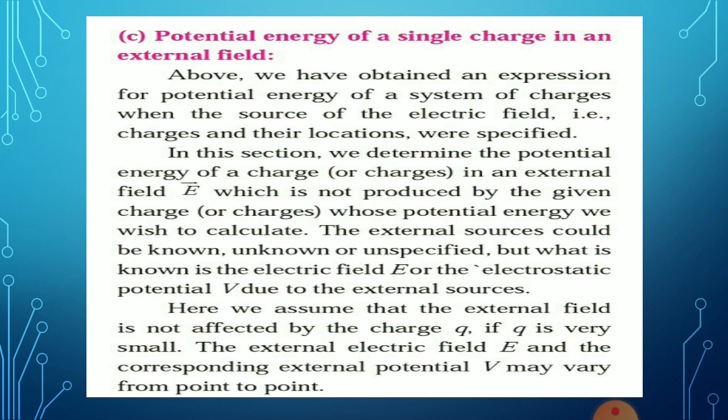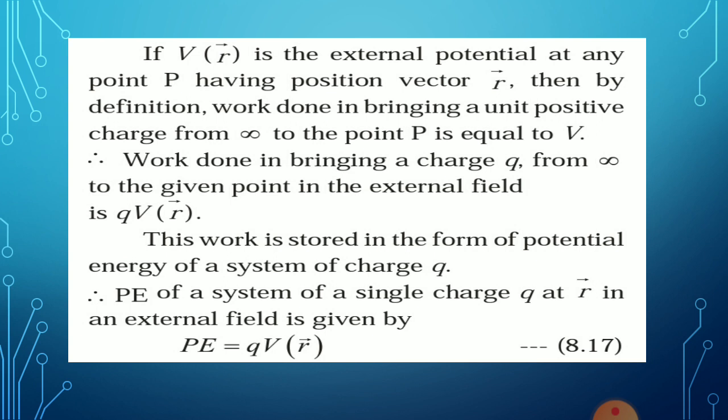Vary means to change from one point to another point. At that time, we can find out potential energy or electrostatic potential if V of r is the external potential at any point P having position